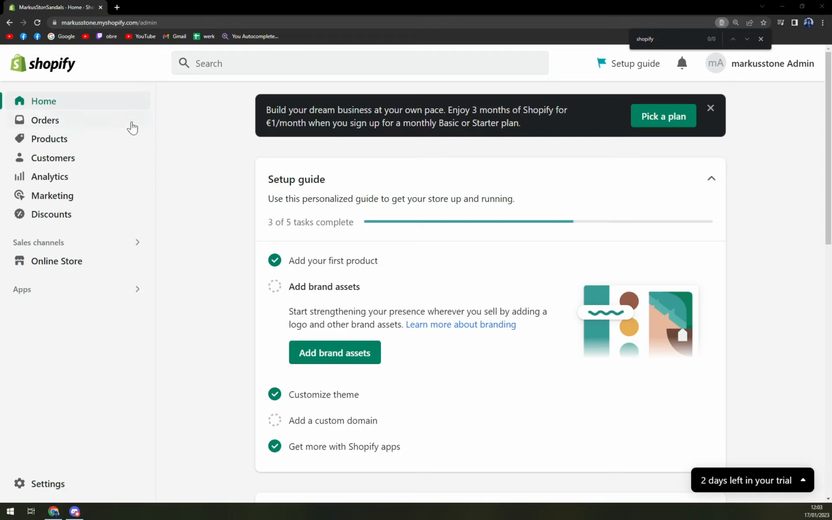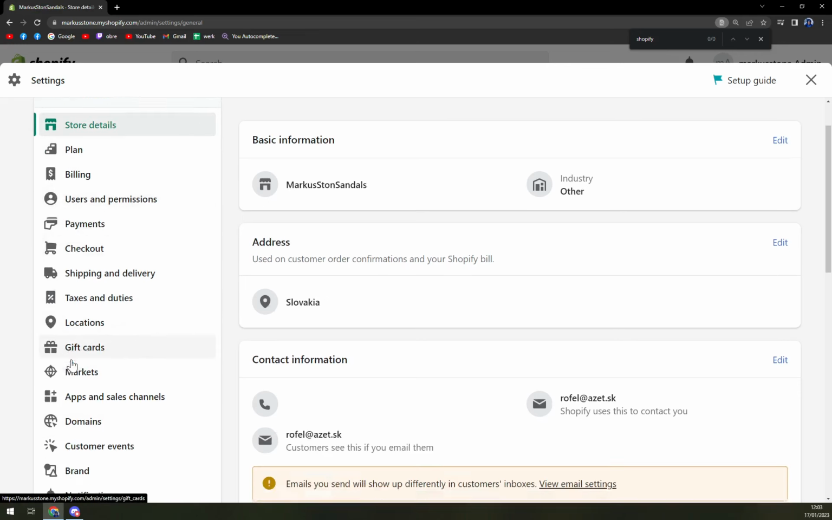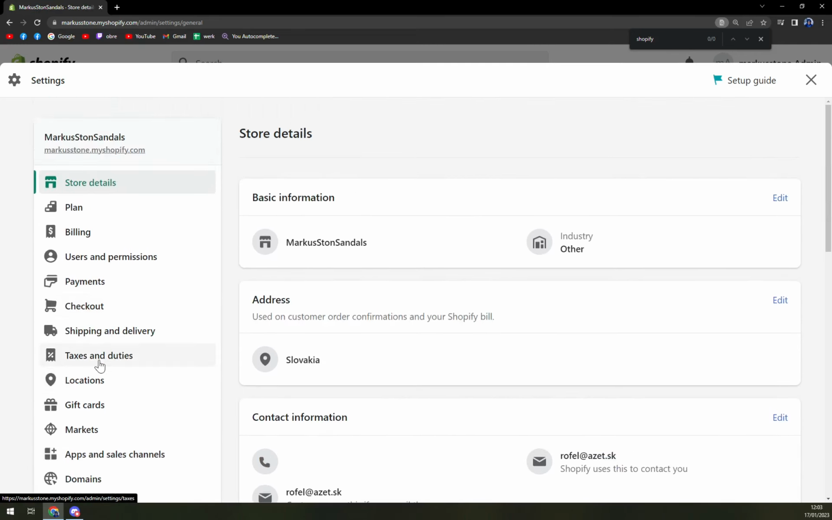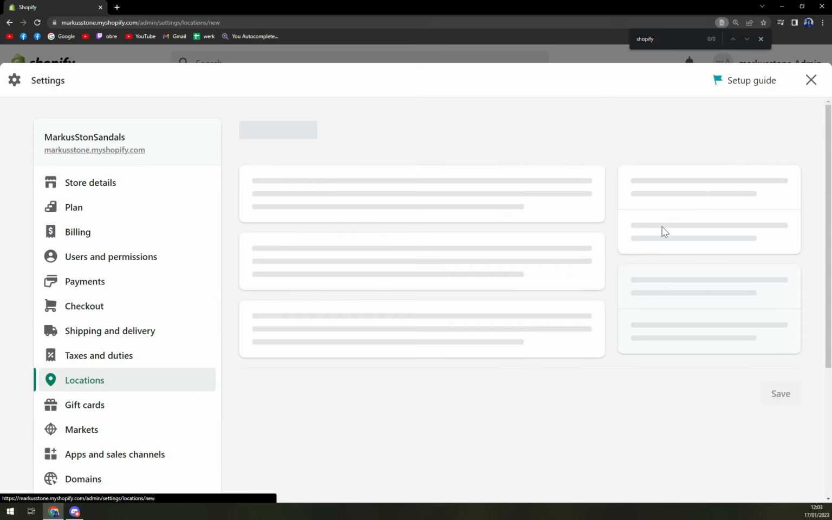First things first, we have to log in as an admin in our Shopify account. And once we are in here, we want to focus on the bottom left part of our screen where the settings are. We click on the settings and as you can see, plus minus in the middle is an option of locations. Right now we want to add a location,